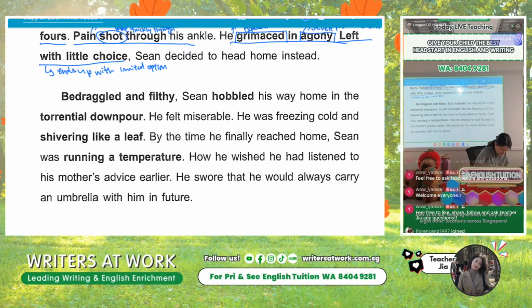That's alright. Okay, bedraggled and filthy. Oh no, we were talking about what kind of ending this is. Now, there are different types. We have to go through them again. Endings, you have description. You can describe the scenery. You can do a transition out from action, which is essentially you're moving slowly away from the main action, which is exactly what is happening here. So Sean is in pain, but he's heading home, okay?